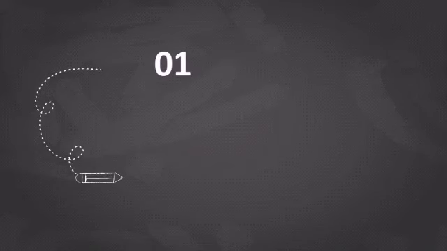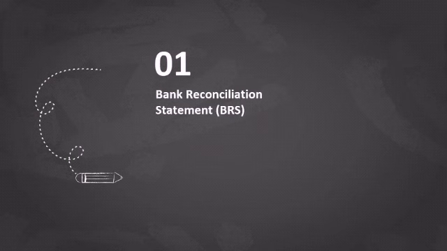Our next topic is bank reconciliation statement. Normally, a time gap will be there between a check issued and honored. So, the bank book maintained by the customer will show a different balance from their bank passbook. BRS is a statement that shows the reasons for the difference between the bank book balance and the passbook or the bank statement balances.